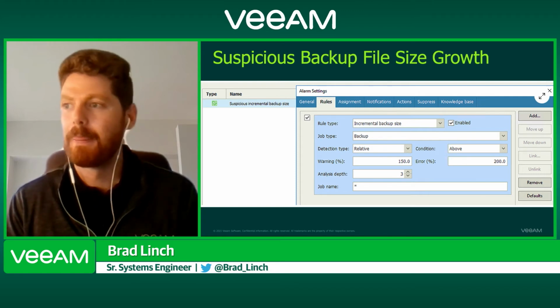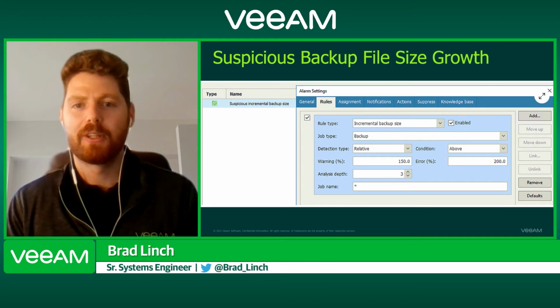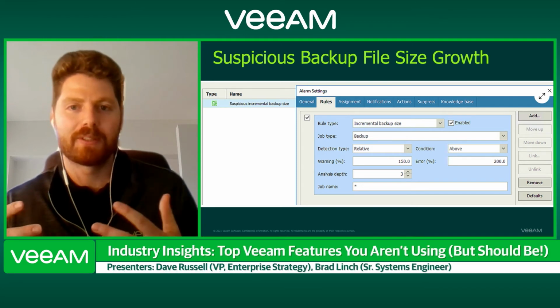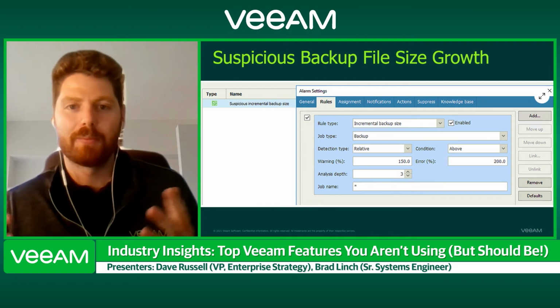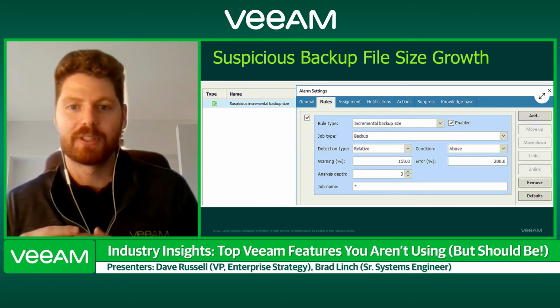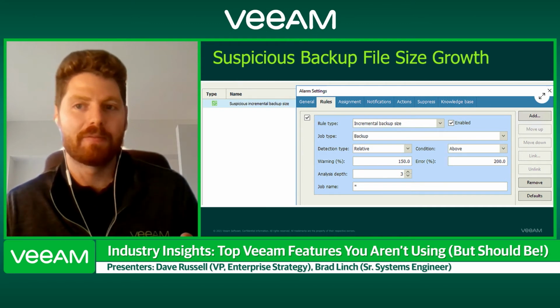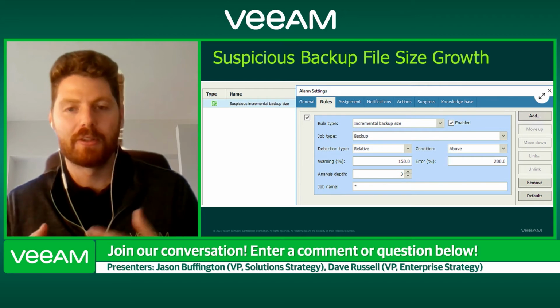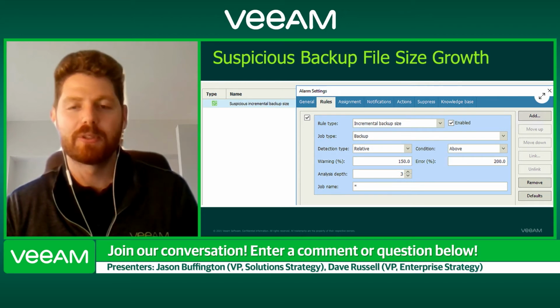back into the environment. So what I really like about this alarm is it'll let you know that, hey, based on your history and your backup size patterns, all of a sudden your backup sizes are way larger, which is a sign that we're backing up encrypted files, right? And there's more change blocks. We're not getting good dedupe on them. And this is a good way to get this alert and maybe do some investigation and see what's going on